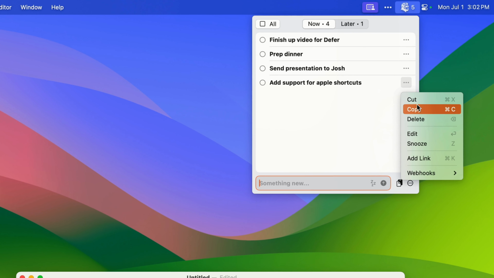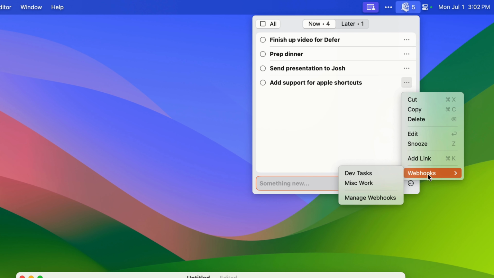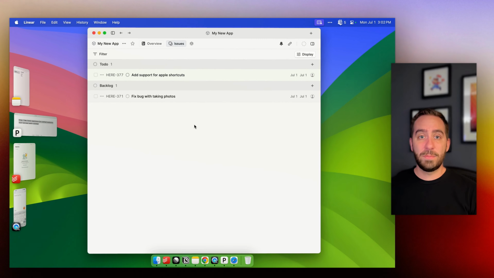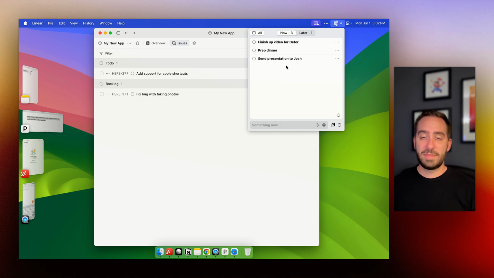We have all sorts of features like that you can use, but you can also set up webhooks to let you integrate with either Zapier or Make, and then go to whatever app you want to send tasks to. So I've already set up a webhook for these dev tasks to just pop into Linear. So I'll hit that and then open up Linear, and you can see it was instantly there. It just sent it right over there, so I can come over to this one and delete it